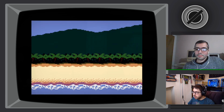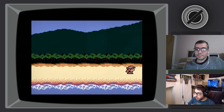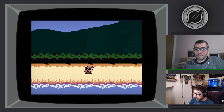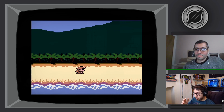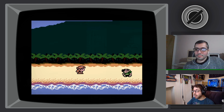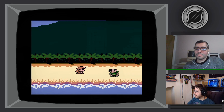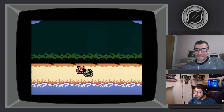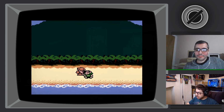Quick sidebar here: if any of the guys I know from the expo are going to get one of these, I bought a USB board and I'm not going to need it. So if you guys get this, let me know because I'm not going to need my USB board. And let's talk about why I'm not going to need my USB board. So there is this very nice man. I forget what his name is. Might be Sean, but it